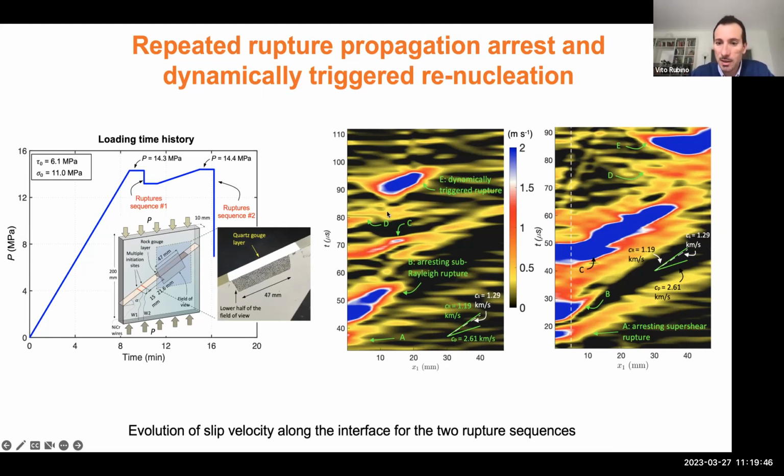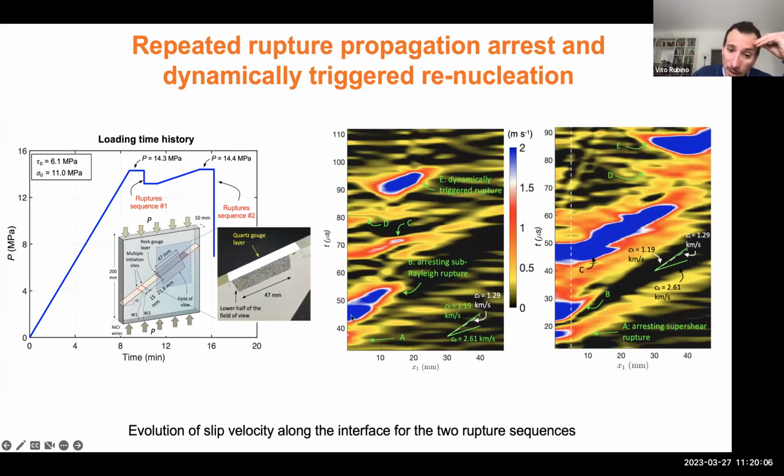And these two sequences are represented in these panels with spatial-temporal plots, where we have the distance along the interface on the x-axis, and then we have time evolution on the y-axis. And then the scale here is in meters per second. So what we see in both cases is that we have initially an attempt of penetration by a supershear rupture,